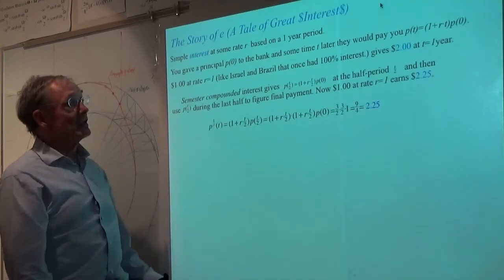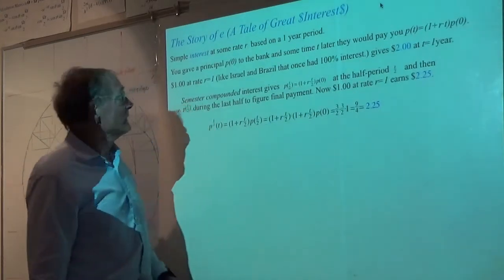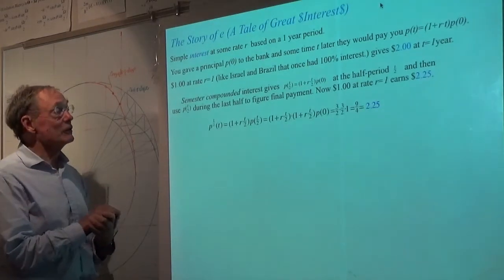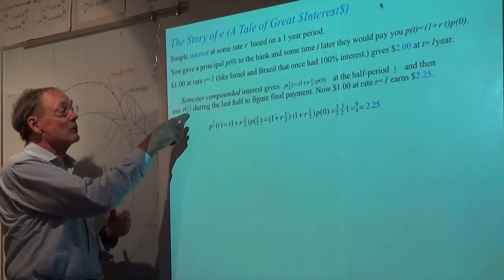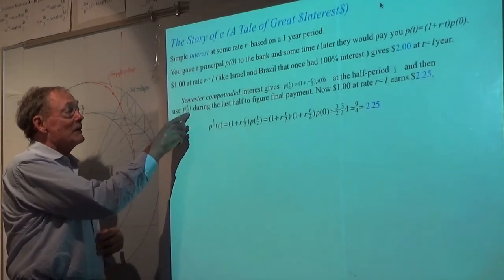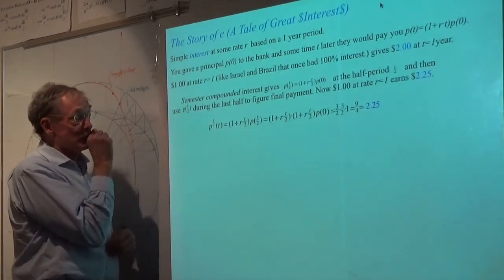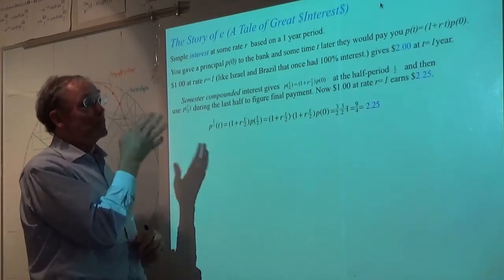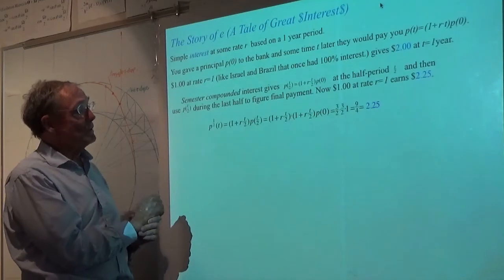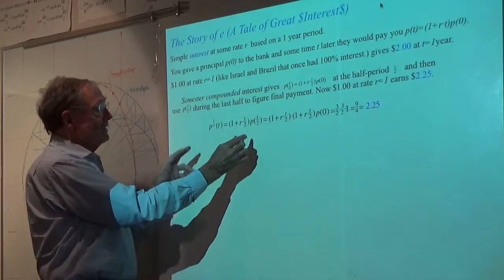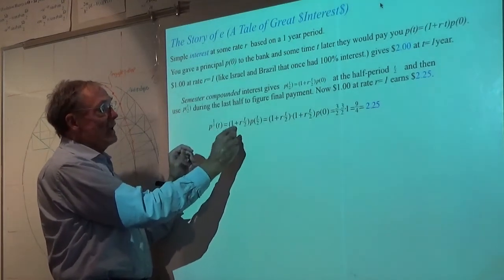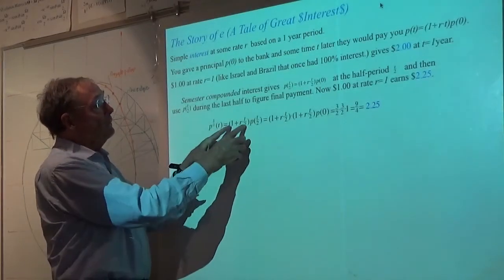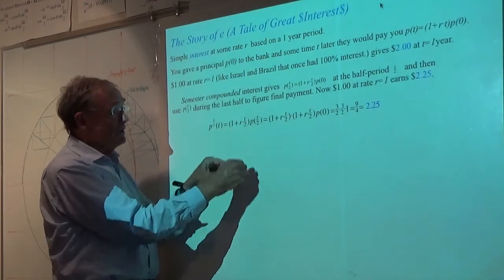which meant that at the half period, you would get a new principal to add to the principal that you had given at time equals 0, so at t equals 1/2 of the period that you're going to keep the money in there. You get to use that principal to help build your interest a little faster. So the idea is that at time t, I would have this principal here, and then I would use the rate for the half period, you see.